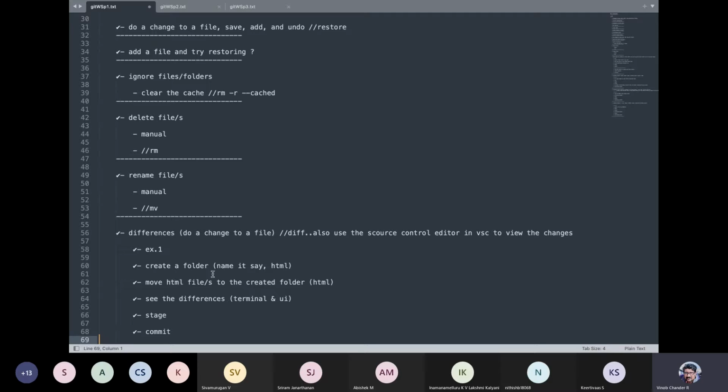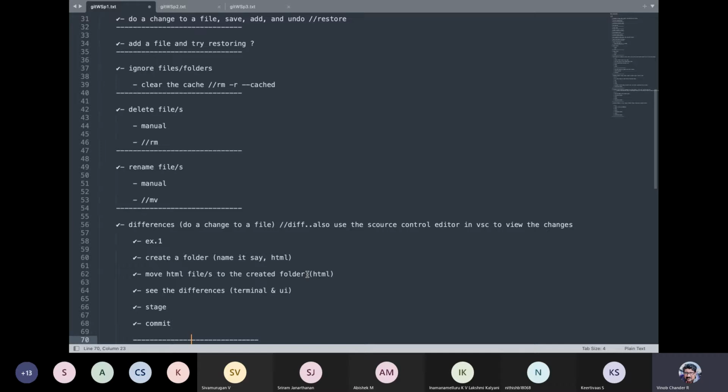We have not yet created a branch. We'll be creating a branch today and look into how to create and merge branches, etc. All those parts we'll be talking about, and then we will see a small demo in the first part today. In the afternoon part, we will actually get our hands dirty and explore the GitHub user interface, the cloud store.